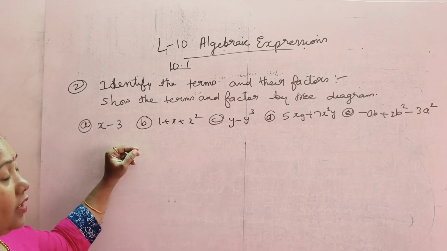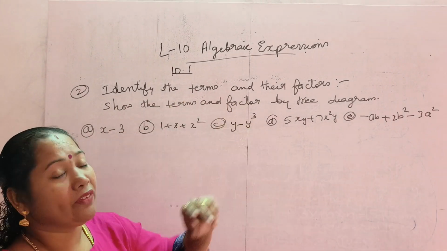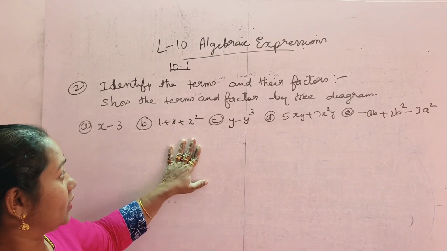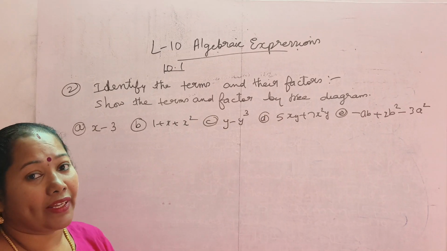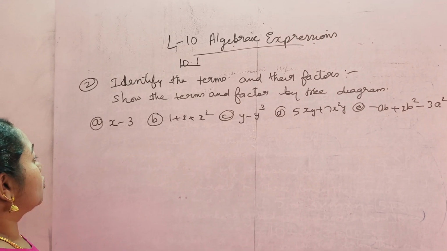Now the next question is: identify the terms and their factors. Show the terms and factors by tree diagram. We have to make a tree diagram. So the first question is